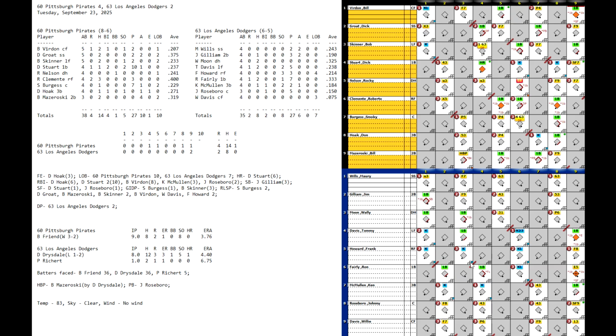So Bob Friend allowed just 1 earned run on 8 hits in this one, struck out 8. Drysdale had a kind of tough start, allowed 12 hits, and the Pirates even the series 1-1, and they'll head to Pittsburgh for the next 3 games of that one. If we take a look at,